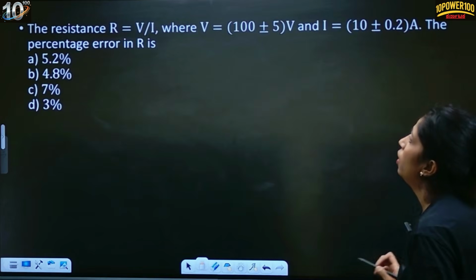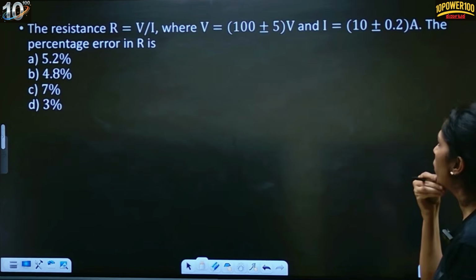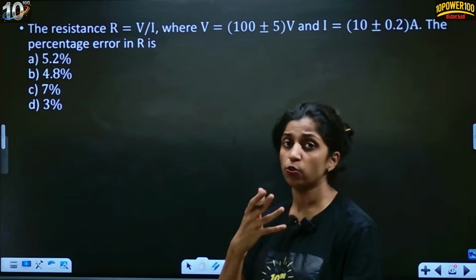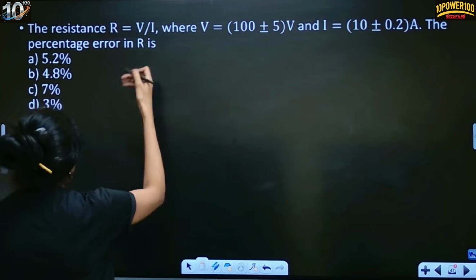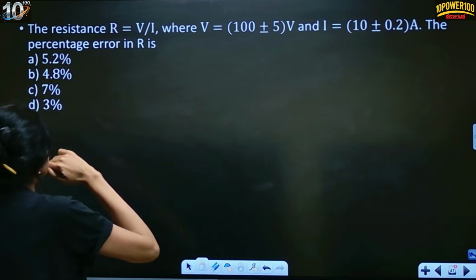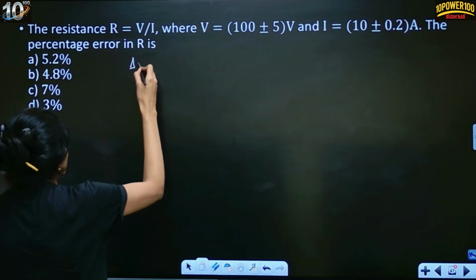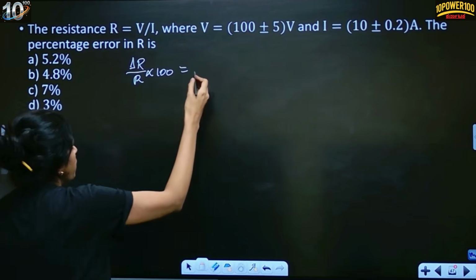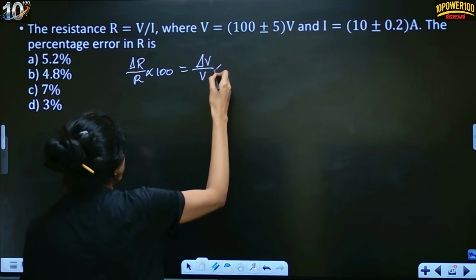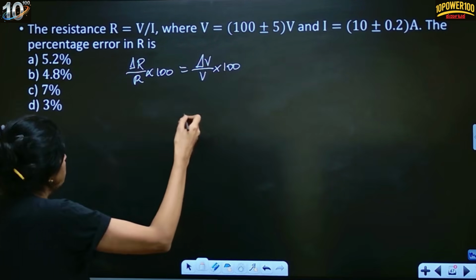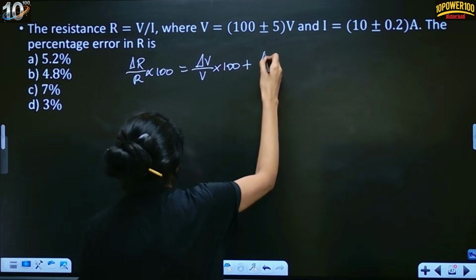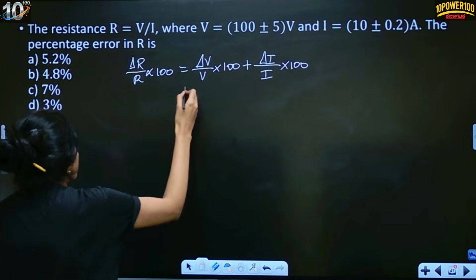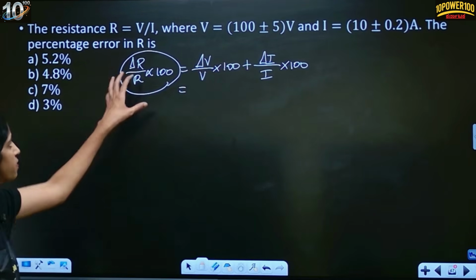Okay, fine. Now, moving to the next question, R equals V by I, and you have to calculate the percentage error. Very simple question. You have already learnt in grade 11 how to calculate the percentage error. So we have the formula R equals V by I. They're asking you to find the percentage error in R, guys. So the percentage error in R, delta R by R into 100, equals delta V by V into 100 plus delta I by I into 100, guys. They're asking us to find the percentage error of R, this complete thing.